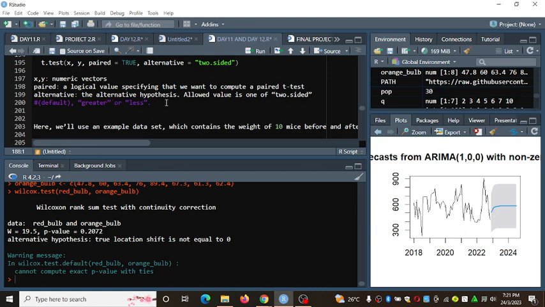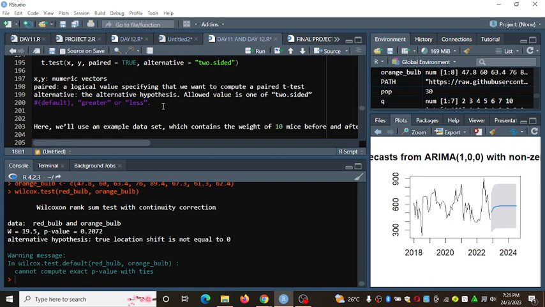The alternative hypothesis allowed value is one of two-sided, which is the default, greater, or less if we want a one-sided test.